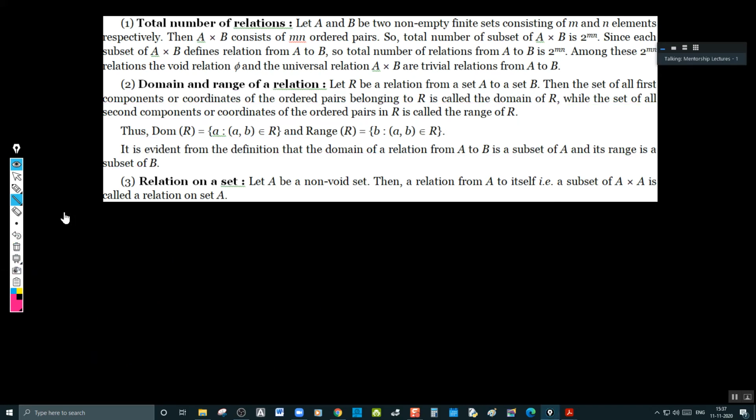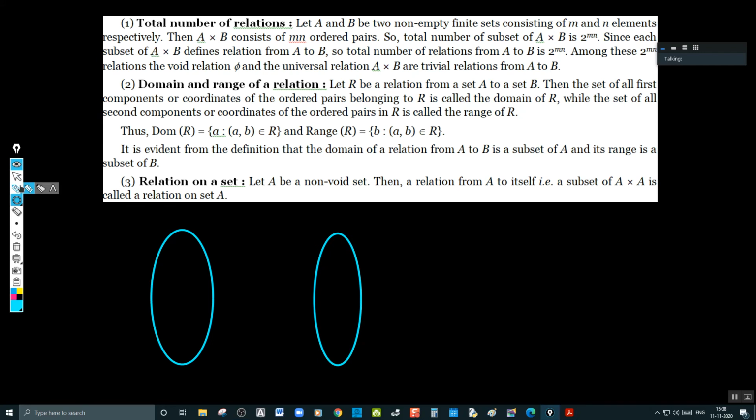He means to say that if you have a relation, I have taken a relation like this. Please listen, all of you. I have taken something like A, X, Y, Z.